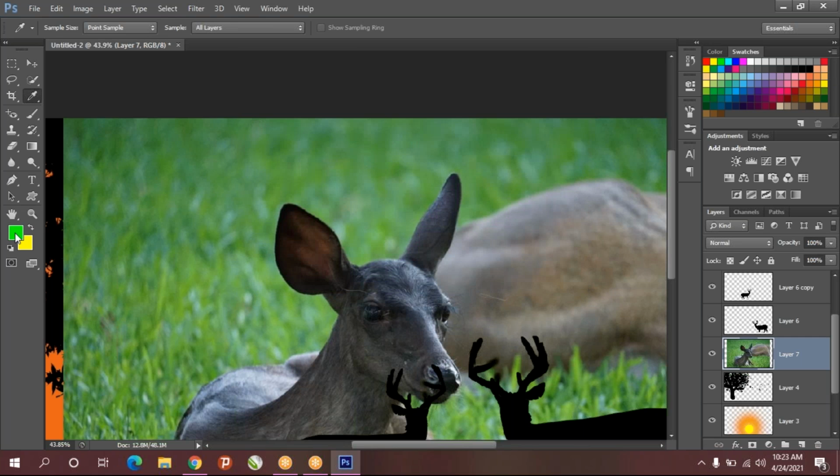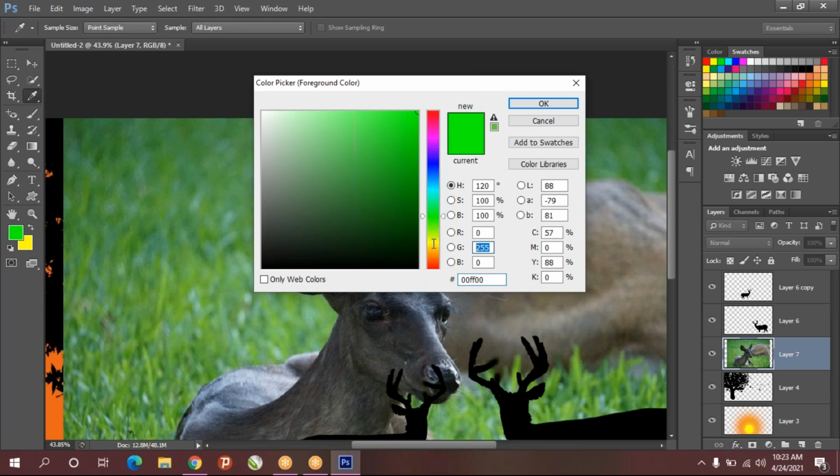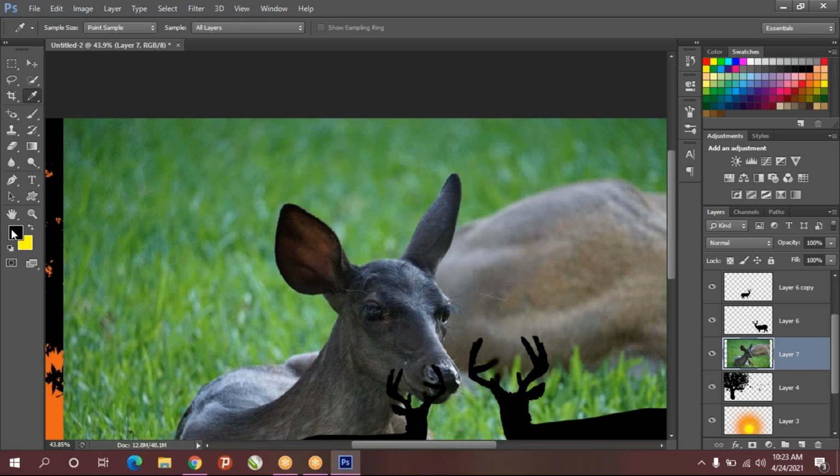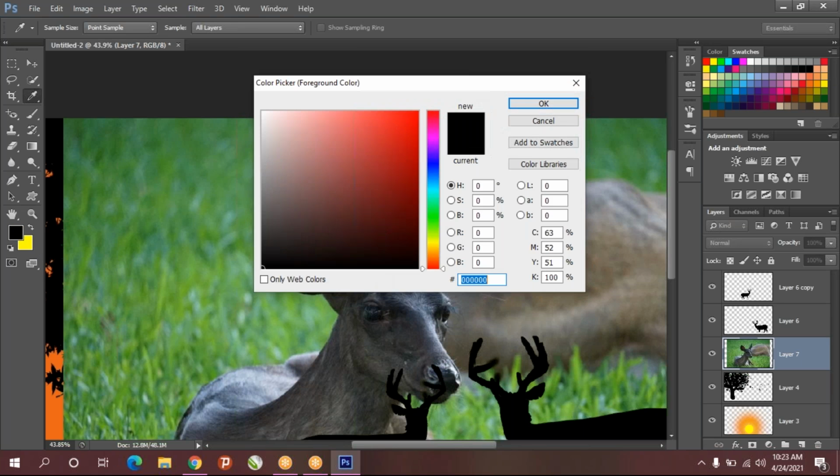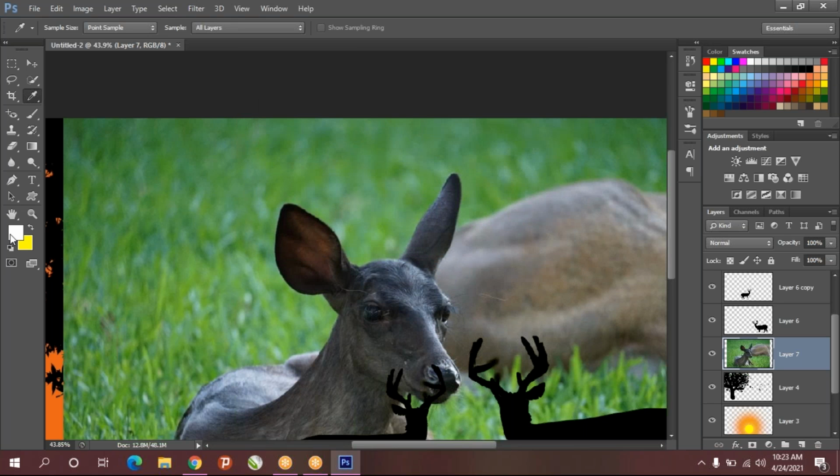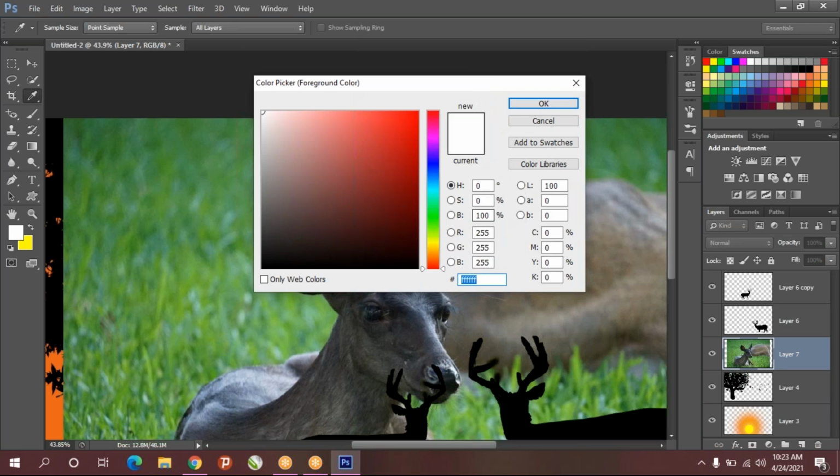So we can get green color, and black color is 0 for everything, and white is 255, 255 and 255. So you'll get pure white. Okay, so like that you can directly apply the color code also.